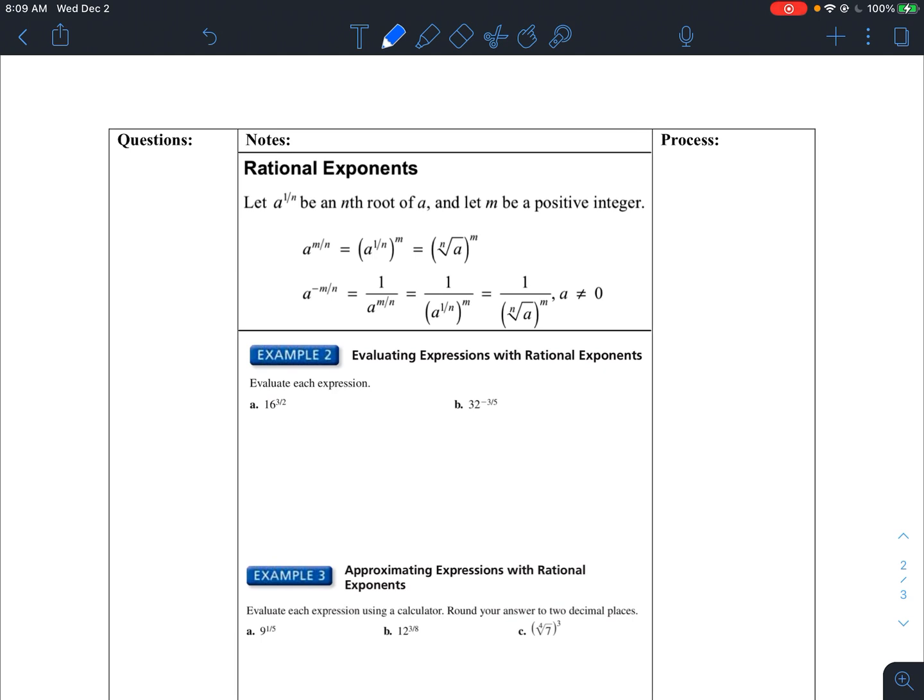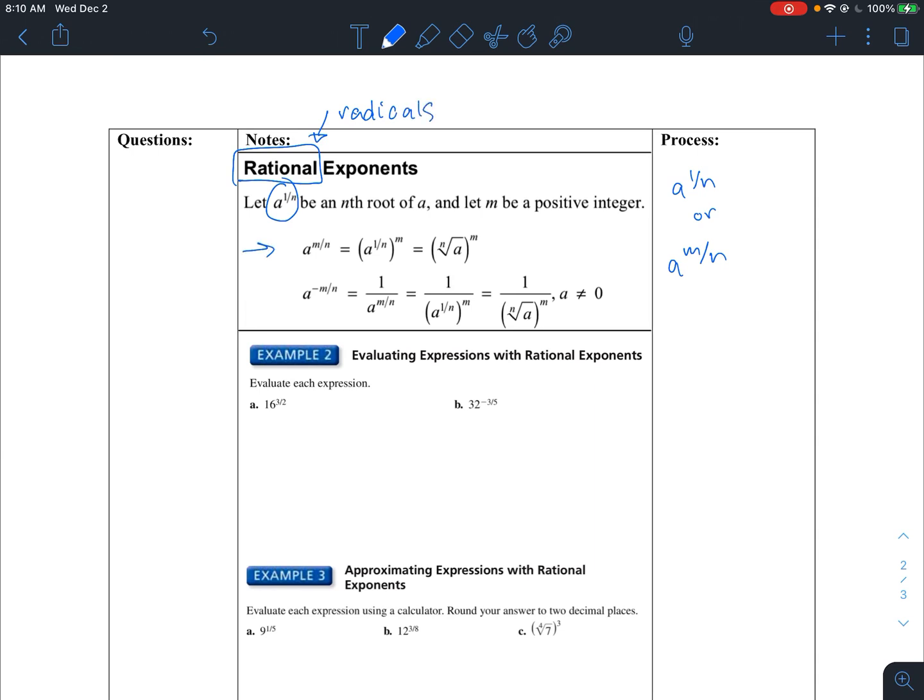So let's come down here, and this is another review of rational exponents. Rational means a number that can be expressed as a ratio or a fraction that you might be more familiar with. So that would be something like a to the 1 over n, or a to the m over n. Here are some properties or rules that you can follow. Rational exponents are pretty much radicals. You can convert them into radicals